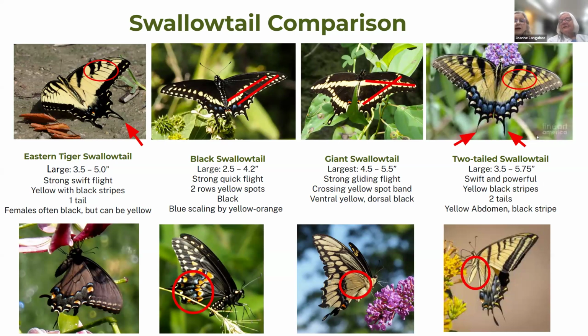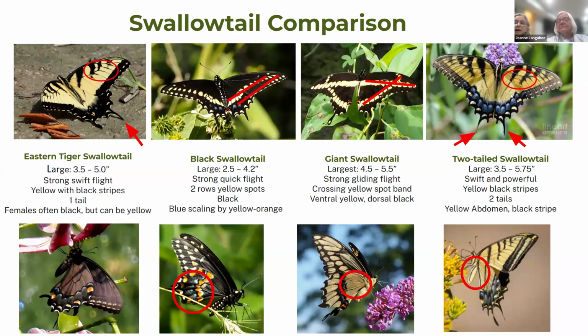But the giant swallowtails are ones that really are high flyers. You'll see them at Fontenelle just coming right through the treetops. It is so cool. Then the 2-tailed swallowtail also is similar to the coloration of our eastern tiger, but it